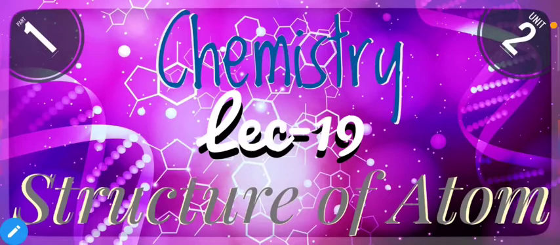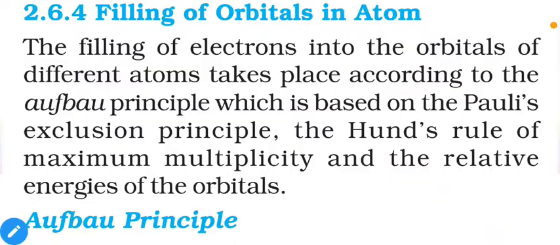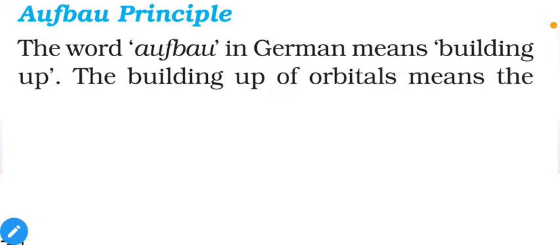In previous lecture we discussed energy order of orbitals, and now we will discuss arrangement of electrons in these orbitals. In this lecture we will discuss mainly three points: Aufbau principle, which is based on Pauli's exclusion principle and Hund's rule of maximum multiplicity, and relative energy will be there as well. We already know about the energies of orbitals. So orbitals will be filled in increasing energy order. That means the lowest energy orbital will be filled first, and then the next will come.